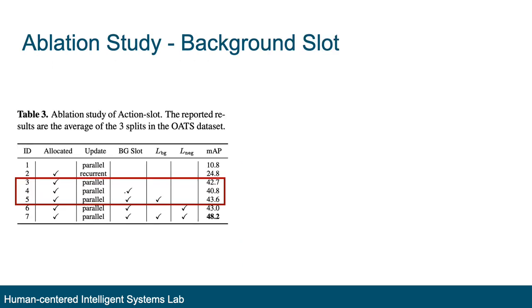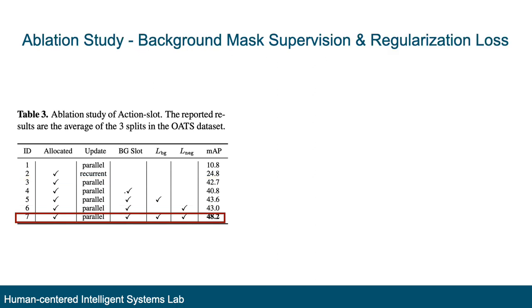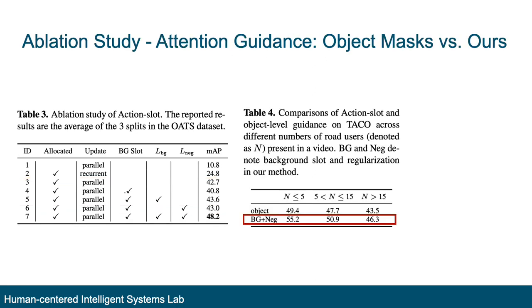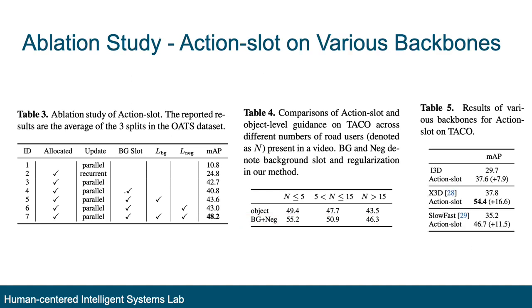We ablate all the proposed designs and verify the effectiveness of the background slot and the supervision. We compare Action Slot with the one that uses object masks as guidance. We evaluate them on scenarios with different numbers of road users present in a video, and demonstrate the effectiveness of the background supervision. We apply Action Slot on various backbones, and all of them are improved by a large margin,